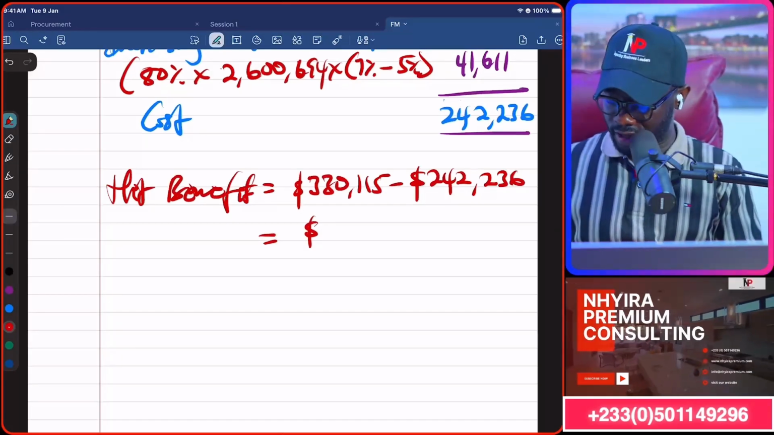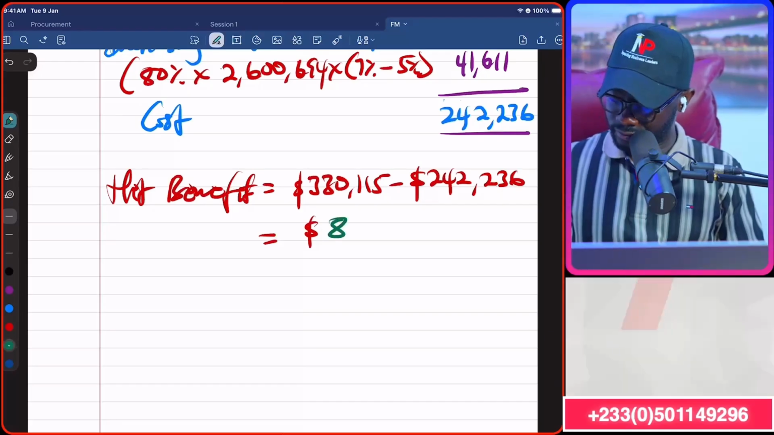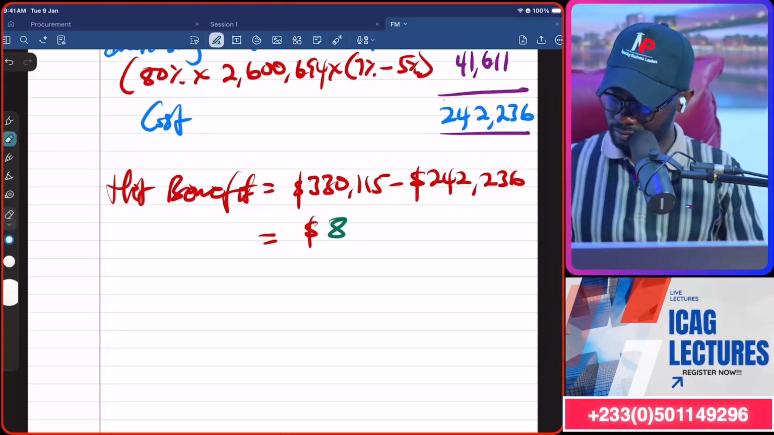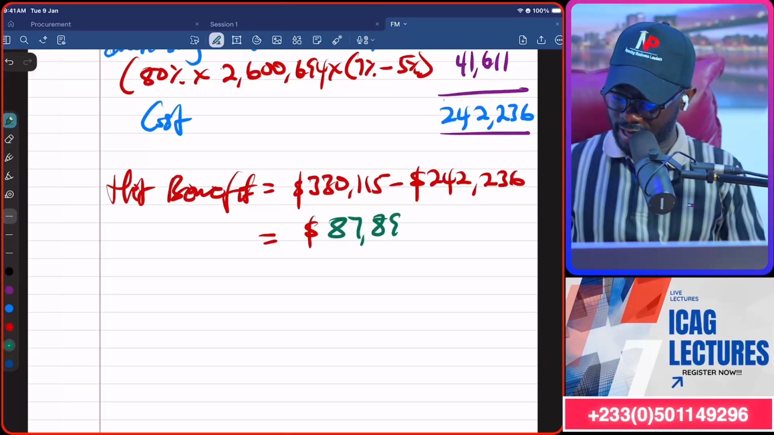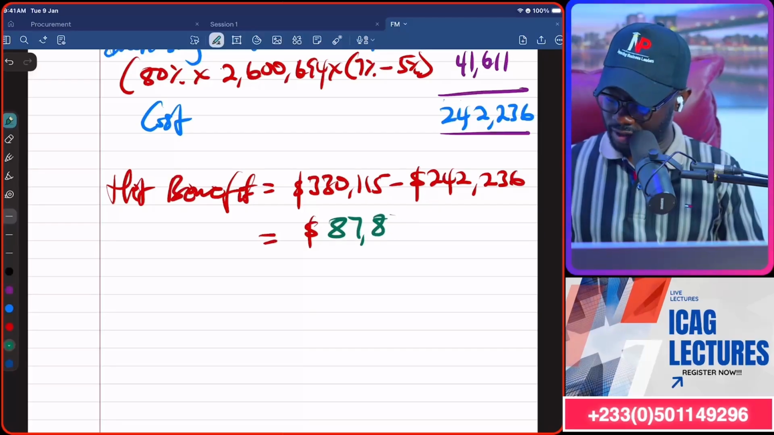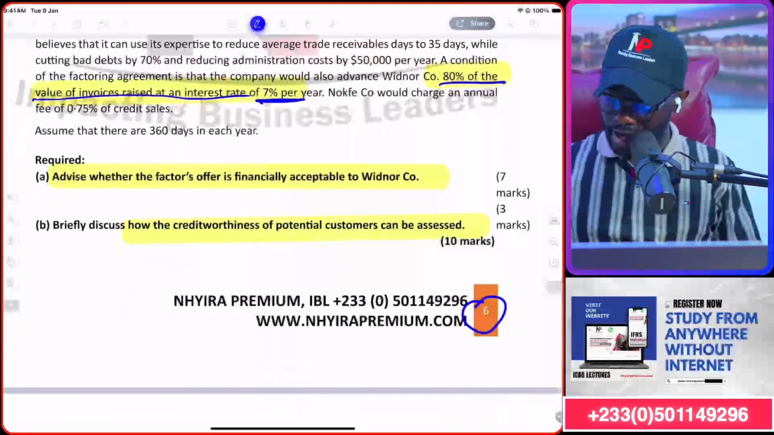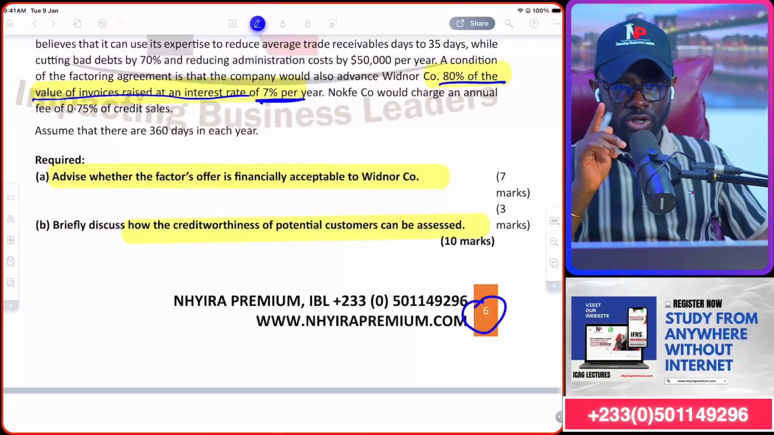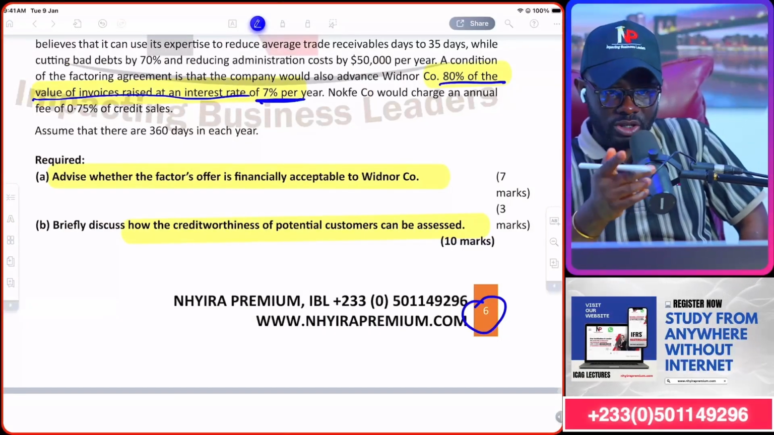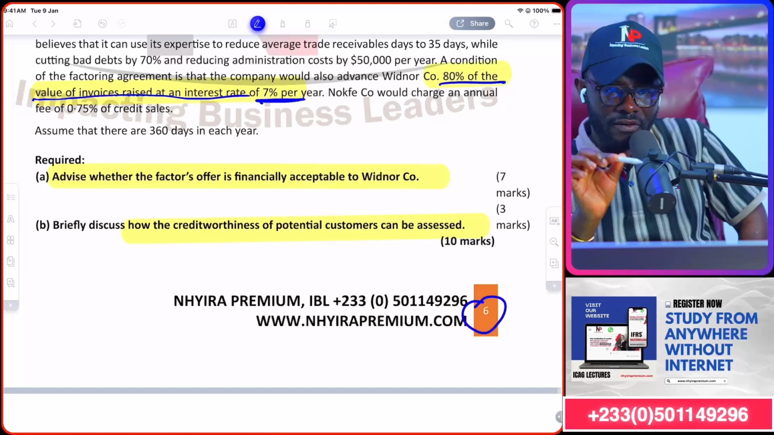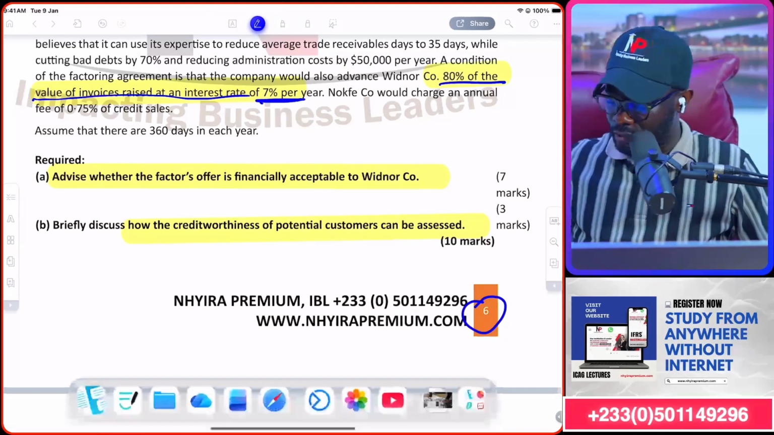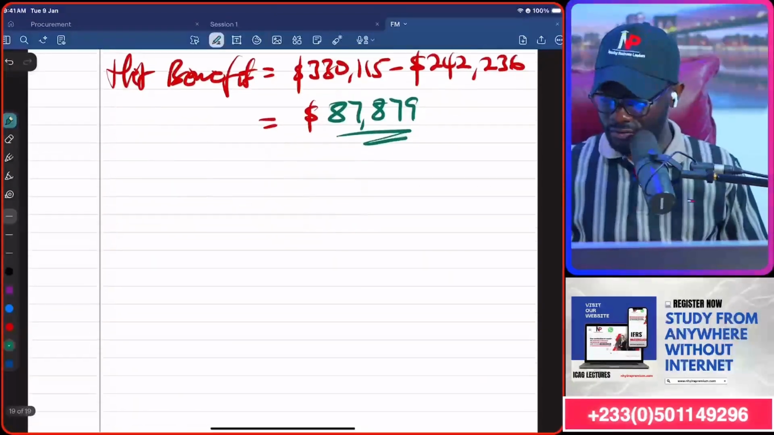And that's a net benefit of 879. So that is our answer to the question. Now, should they accept it? Because the question said, advise whether the factor's offer is financially acceptable to Windsor. So on the basis of this,